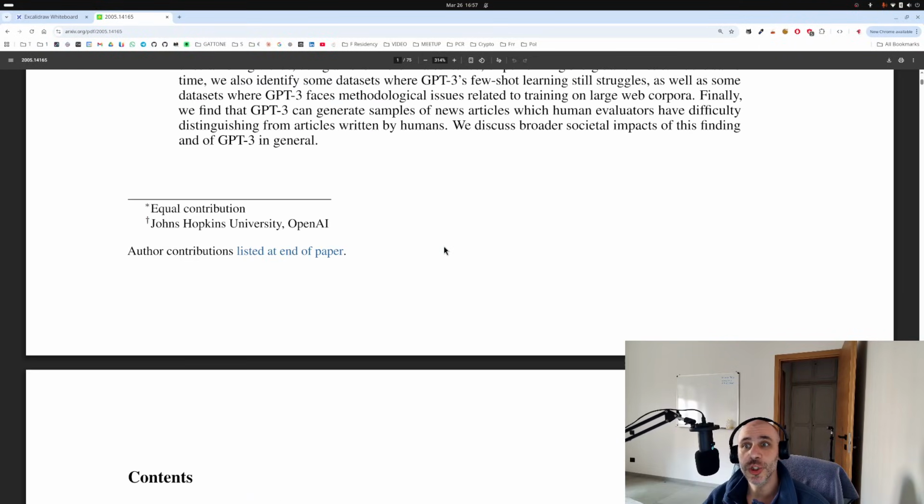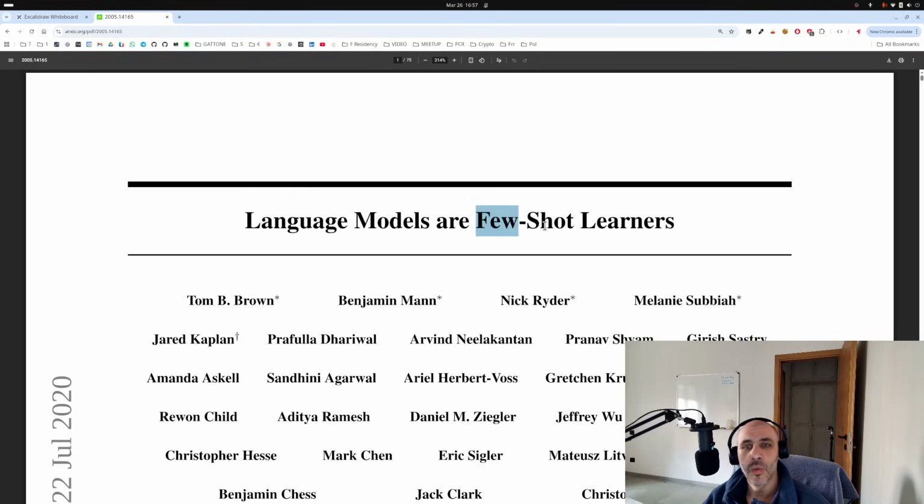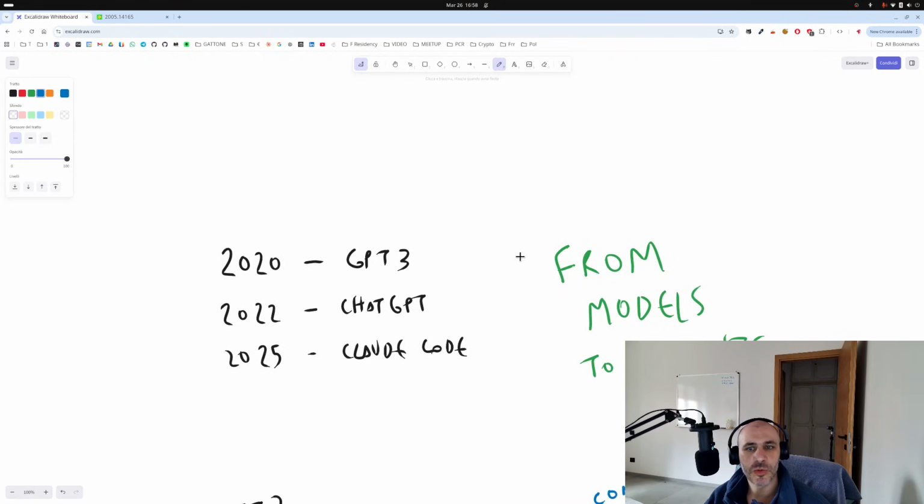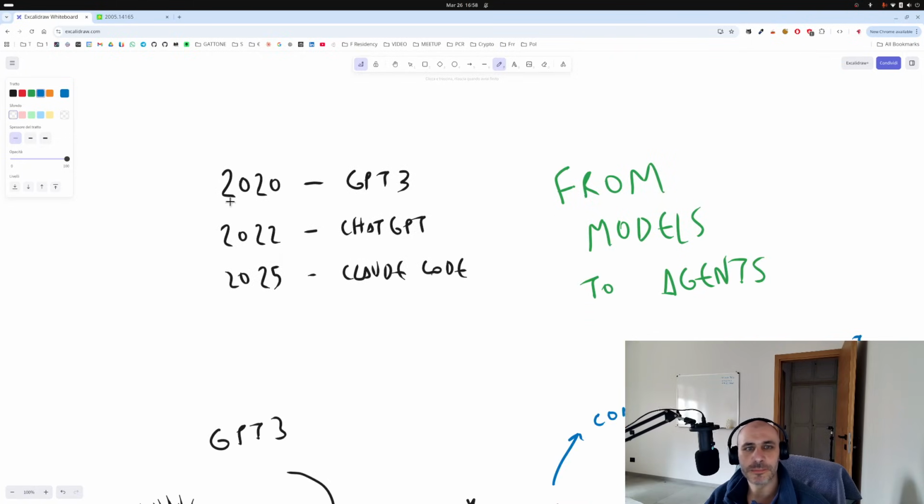And when they say few-shot in the abstract, what they really mean is that this kind of model does not really need to be fine-tuned because it's general. It can understand what the model has to do directly from the prompt, from the context, and that is the main point of GPT-3. So all of this, 2020, was a scientific discovery, a big one that put a lot of people in the scientific community into big innovation and discussion.